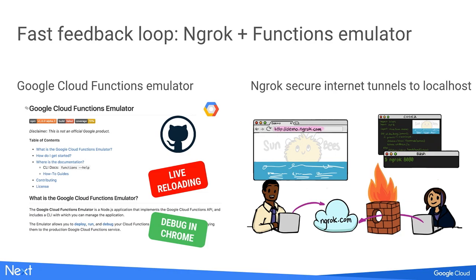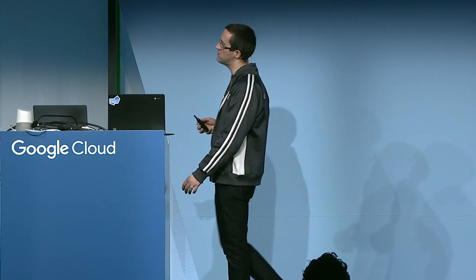The Cloud Functions emulator is a way to actually run Cloud Functions locally on your machine, on localhost, basically. So it's a Node module, it's open source, it's available on GitHub. You can use pretty much the same commands as when you use gcloud functions deploy, etc. It's pretty much the same set of commands which are available. But there are 2 nice aspects. Live reloading. So as soon as you make changes to your code, the changes are taken into account. So you don't have to redeploy anything. The changes are live right away. And the other thing that I will not cover in my demo is the fact that you can also debug in Chrome the code of the body of your function, which can be pretty handy